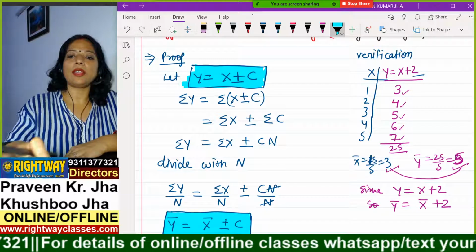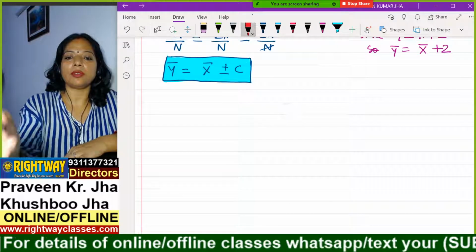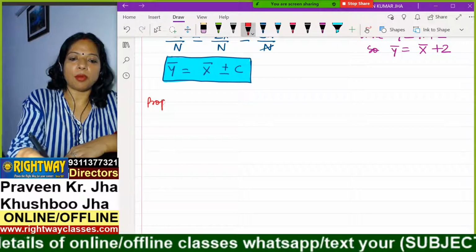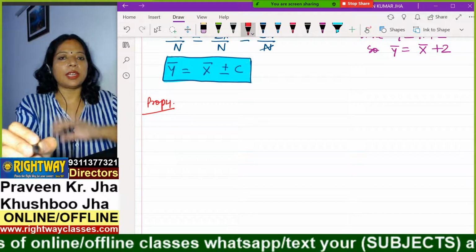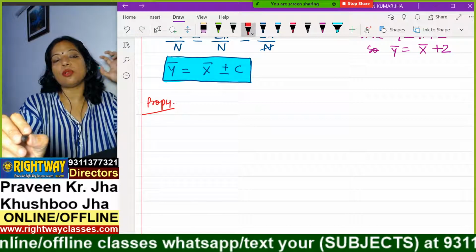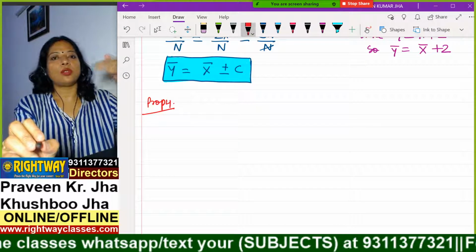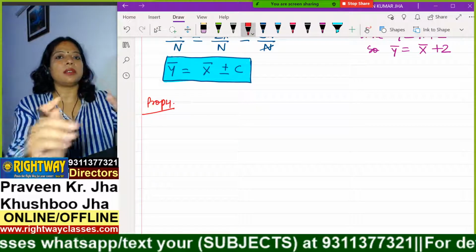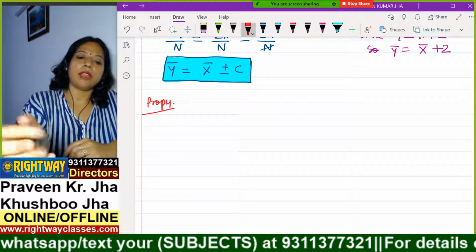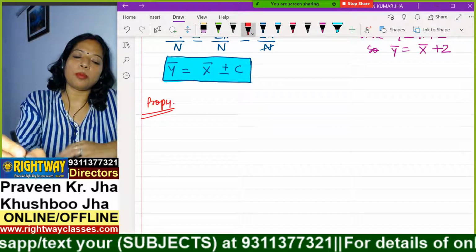Okay, and the last property is multiplication and division. The last one is property 4. After that we will do trimmed mean. Trimmed mean is a quite confusing concept that students don't get from college. So we are doing a lot of examples and techniques that will help you, okay? But first, property 4.